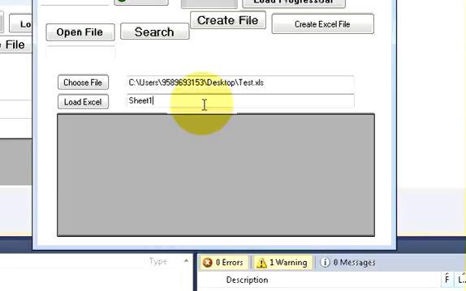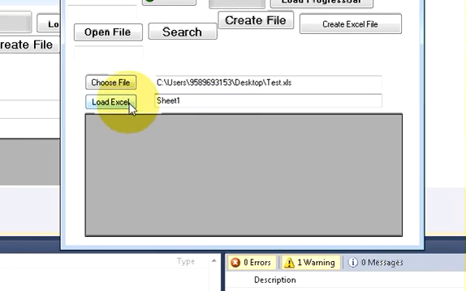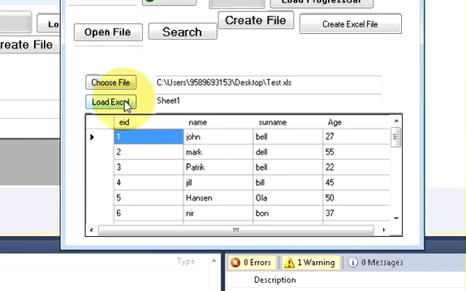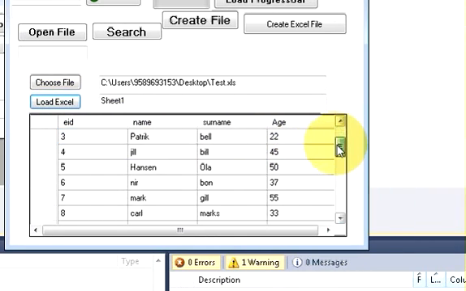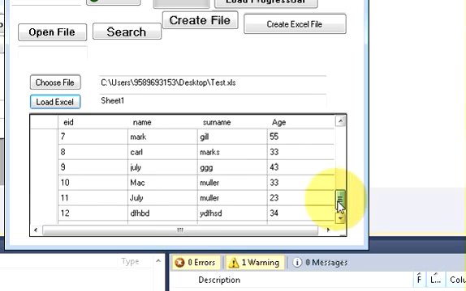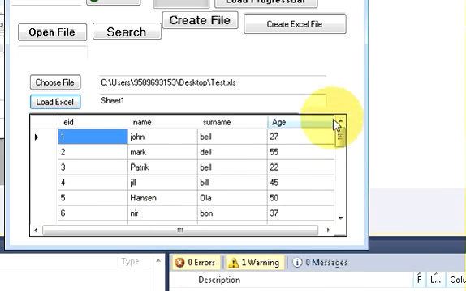As you know, an Excel file contains a number of sheets, and in whatever sheet your data is, just write the name of that sheet here. And then when I click load Excel, all the data which is present in the Excel file will be loaded into my data grid view. So this I'm going to show you today. Okay,